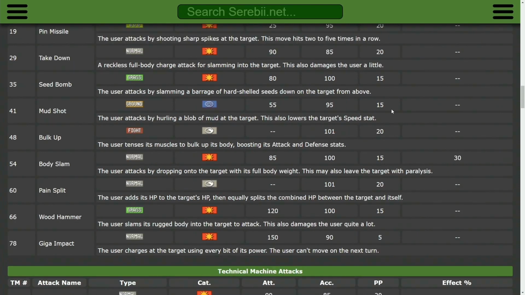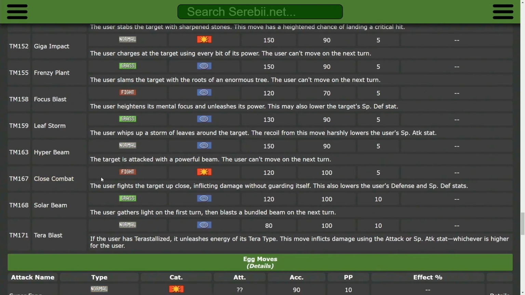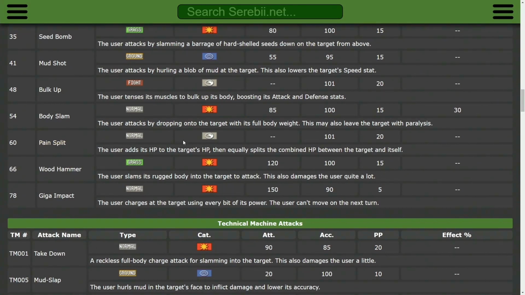As for offense, on the grass side, we have Seed Bomb and Wood Hammer, but you do also get access to Bullet Seed and some of the good special attacks, but the special attack stat on this Pokemon is kind of low, so you probably would not run those. And for fighting type moves, we have Close Combat. You don't really need another fighting type move outside of that, but it does also get Brick Break as well as Hammer Arm. And some of these supportive moves, it gets access to Feint and Pain Split, which is